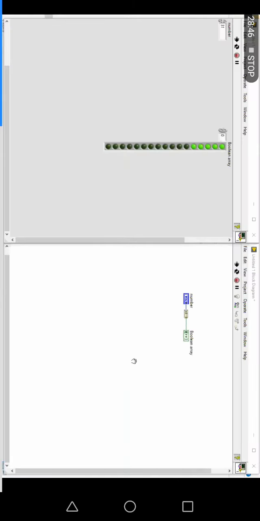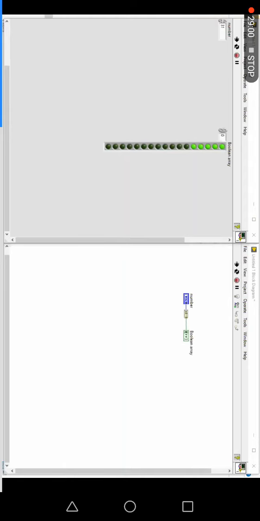For 16, 17, 18, keep on, the values will glow depending upon your input number. So it's very important that you should know these things in LabVIEW. Understood this one? If you understood, then only we can go for the problem I mentioned earlier, the AND gate problem. Understood this one? Understood all of you?